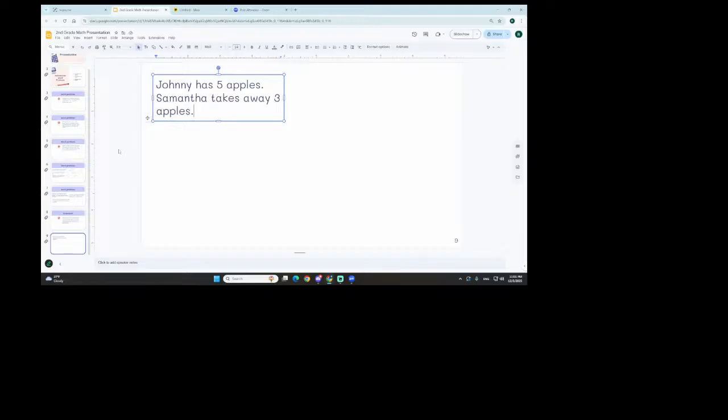Now that we've done this, I want you guys to create 2 problems like these. Don't do the exact problems. Create original ones. I want you to make 2 problems like these for homework, and then I want you to find the solution. So that's it for today's lesson on subtraction word